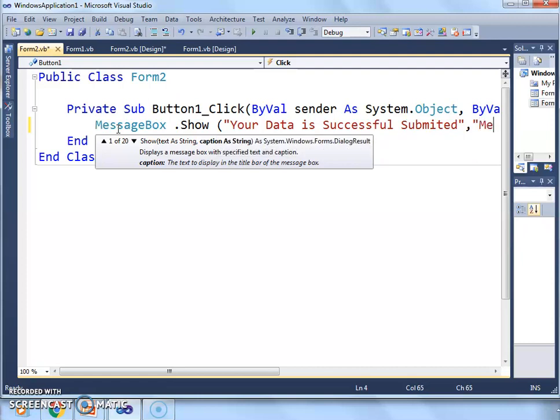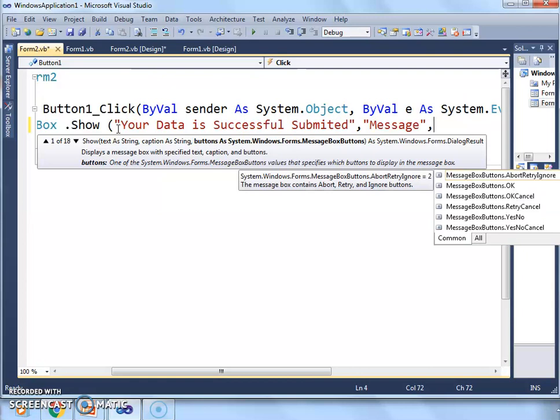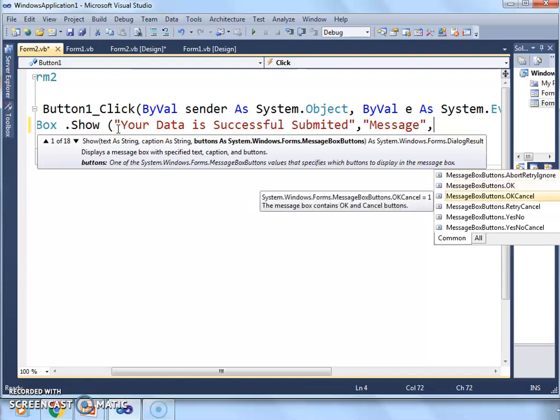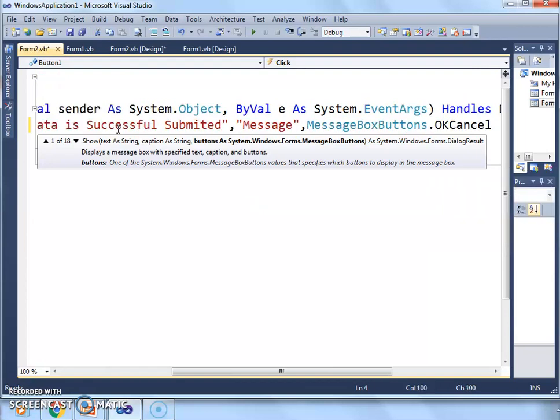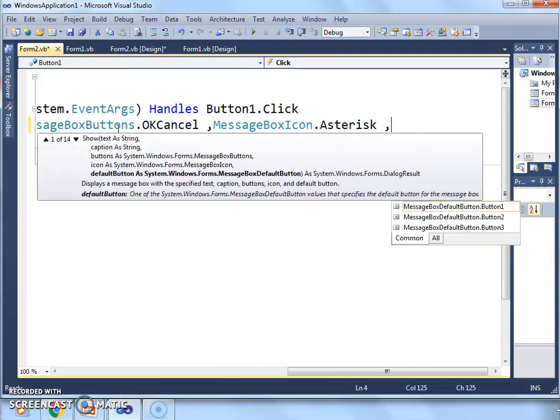We write Message. This is our title of the message box. Then we take the button. We show the different types of button coding. We take the OK and Cancel button. Then comma. Then we display the icon coding. We take the first, Asterisk, from the icon. Then comma. We display the default button highlight.